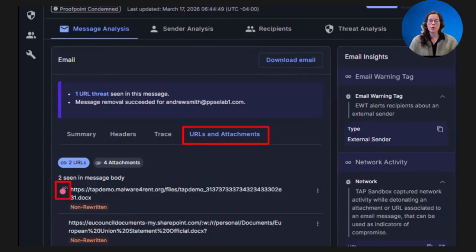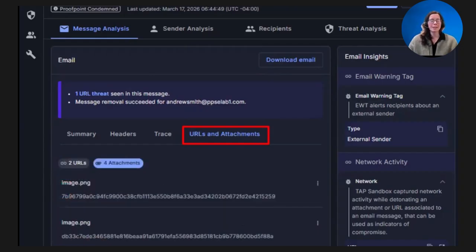Now, one thing that you'll notice is that first URL is identified with a unique icon. That's identifying for you that this is the condemned element that we saw in sandboxing and ultimately what caused us to condemn this message. But we still want you to have the visibility on other URLs and attachments that might